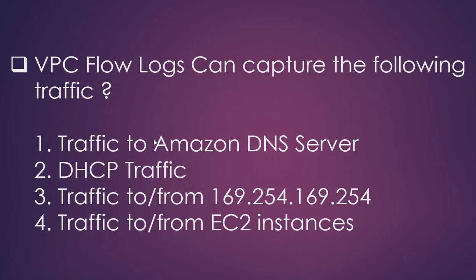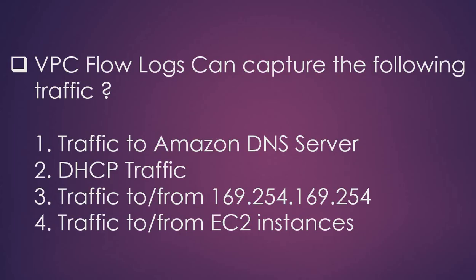Now, any guess? I have already paused the video. So, traffic to the Amazon DNS server. It is DNS server traffic, that is Route 53, that cannot be captured by a VPC flow log